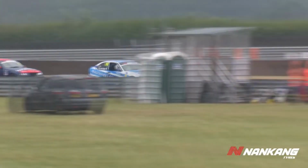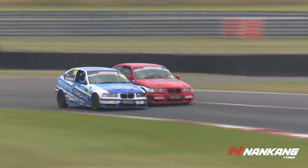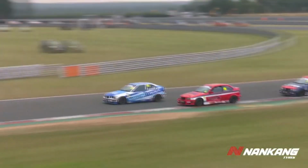So remember, he has had quite a strong weekend so far this year. If he hadn't retired from the second race, he would have been surely up there in the top 5. But he did pick up a 4th place in race 1. So he's got some work to do to try and move back up. He then basically forced his way past Simon Welton. He really had some adventures today after he had that